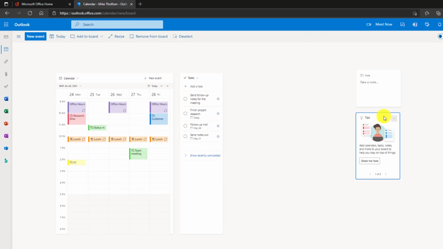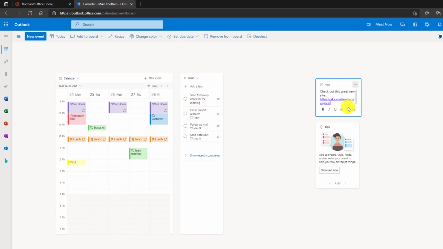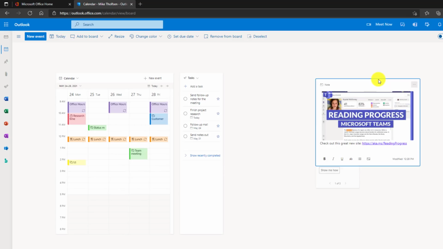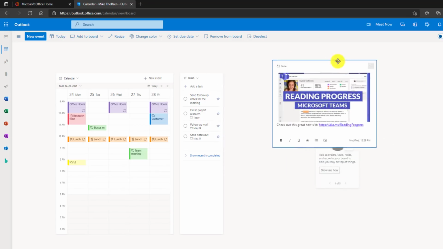Now in this case, I'm going to move the tips over here. I'm going to move the OneNote note over here. And the OneNote integration is kind of nice because it integrates with the notes feed. I'm going to take a note right here. So I've taken a note, I'll add an image, and there's my little note, and I can make it a little bit bigger if I want. And note how you can put little chunks on top of each other. So I've moved this one on top of the tips. I can move it around like this.